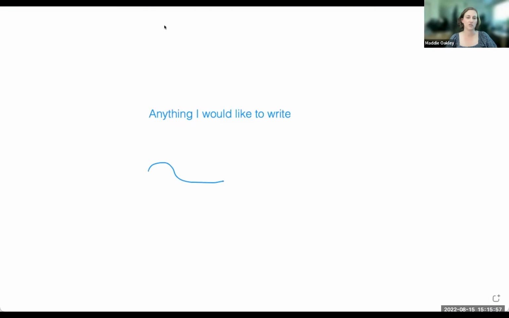So right now there's this whiteboard that I can draw on or write on because I'm the only one allowing annotation right now. So I can write anything I would like to write, or I can draw something. I can draw a squiggle. I can change it and put in a box. I can do a stamp. I can choose whatever stamp I like out of the few that are available. I can spotlight things for people to see. I can put an arrow in.